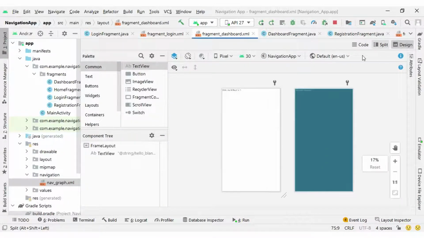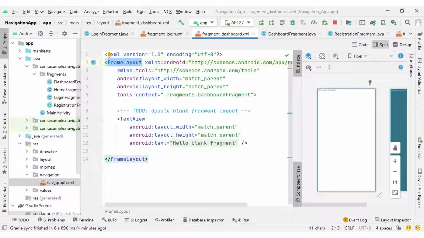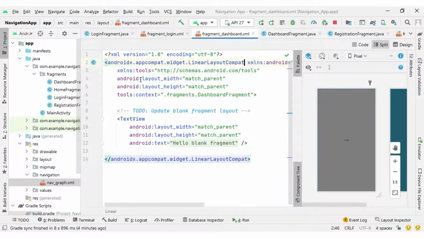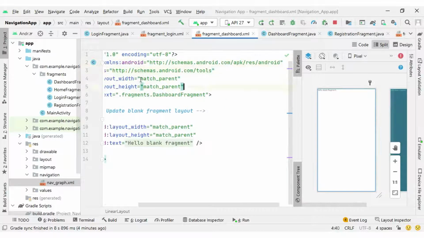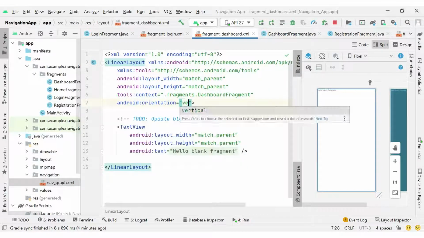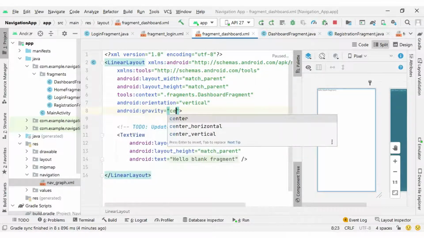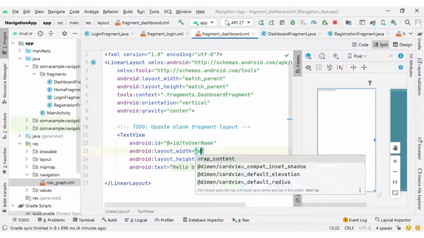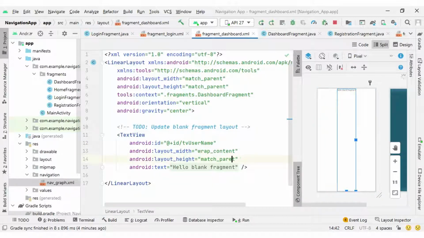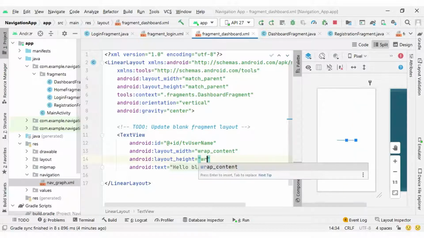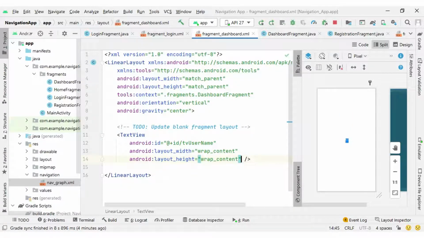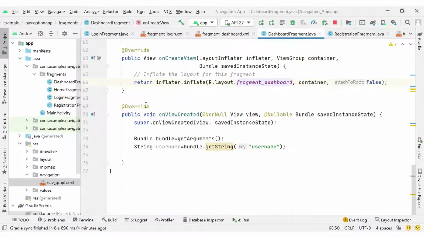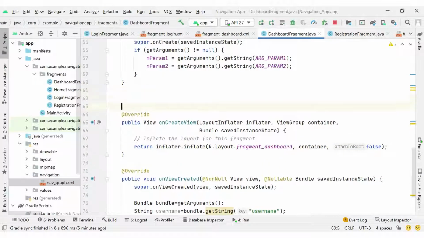So let me change some layout inside our dashboard fragment. TextView tvUsername with match_parent width and wrap_content height. The text property we will remove. So we have a TextView, and we are going to set the value here.